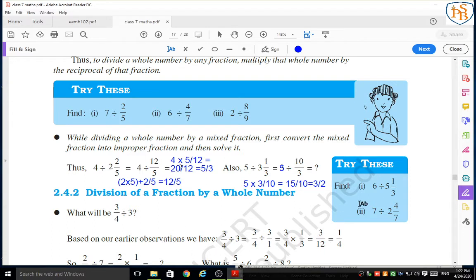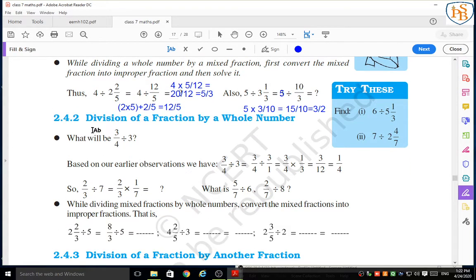Now we have studied how we can divide a whole number by a fraction, and in the next step we are going to study the division of a fraction by a whole number. Look at here carefully, the process is the same. Just remember that when we write a whole number, its denominator place always shows 1, which is not necessary to write every time, but when you write the reciprocal of a whole number, you have to write 1 in the numerator place.